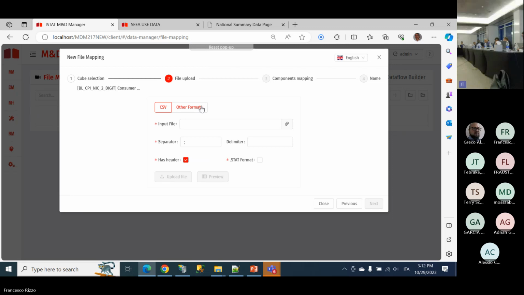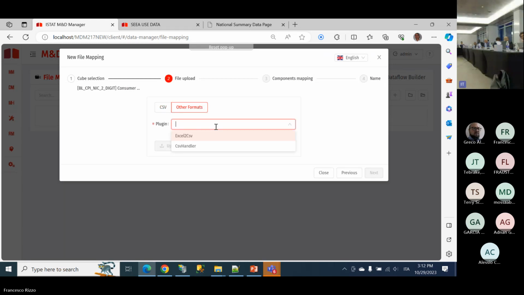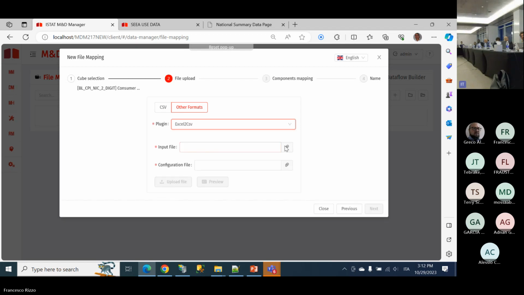At the beginning, I said that this software also contains a plugin manager. So we created a plugin for Excel. The designer of the Excel structure is a desktop application. You can save the set of rules for this transformation in a file, and you can include this set of rules in the mapping. So I go here and I select Excel to CSV,